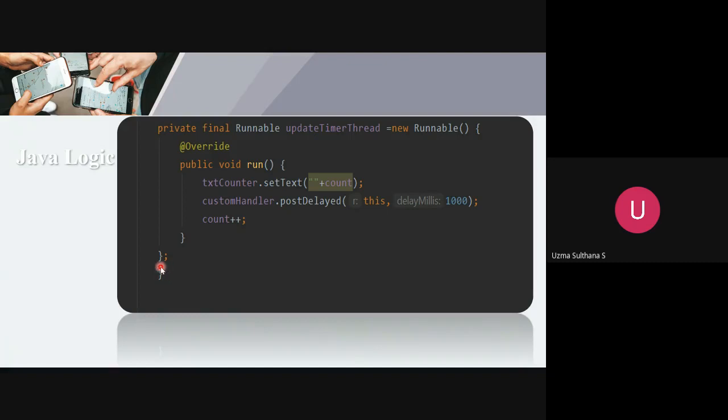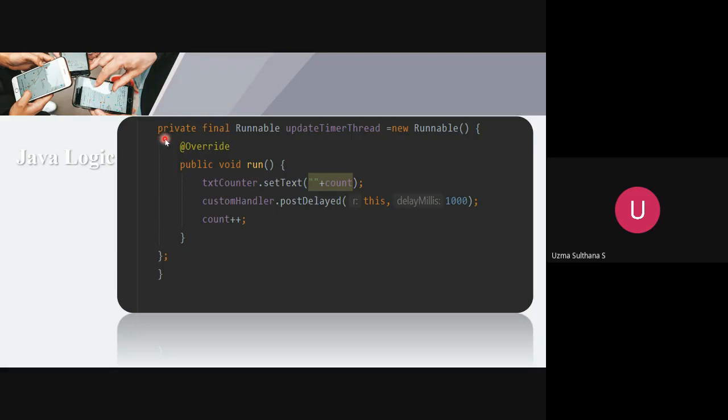So it is like a variable. Imagine like private final Runnable updatedTimerThread. The updatedTimerThread is a variable which is assigned equals to new Runnable. Here only we are going to define that. So we are opening the curly braces here and we are closing them here, and this brace we are closing here.